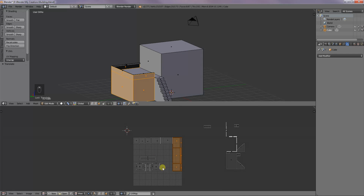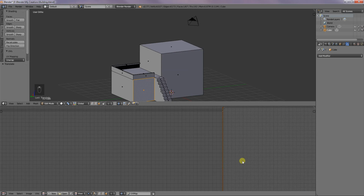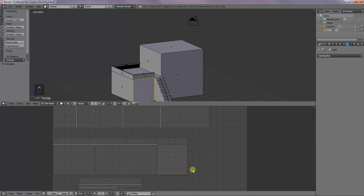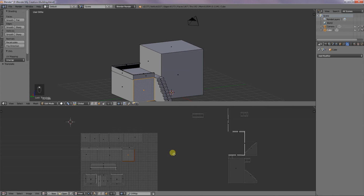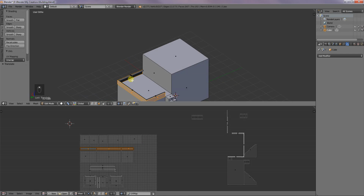Yeah, there we go. So it's about keeping it all. No, I can't do that. So I need to rotate that minus 90. There's a big mistake there, because if I rotate that, I now don't have enough space to put that up there. Okay, I mean this top part here, that's probably going to have a different texture than that bottom bit anyway, so if you leave a little bit of a gap there, and then